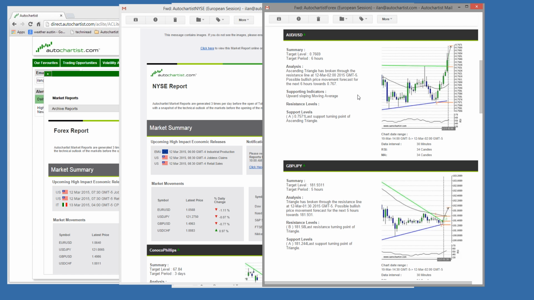We would like nothing more than to offer people the short-term opportunities on the market reports. However, we found it creates a great amount of confusion amongst our users, primarily because the images are updated every 15 minutes. And so if we provided, let's say, a 1-hour forecast, but you open up the email a few hours later, what you'll find is that the price has already moved a substantial amount.